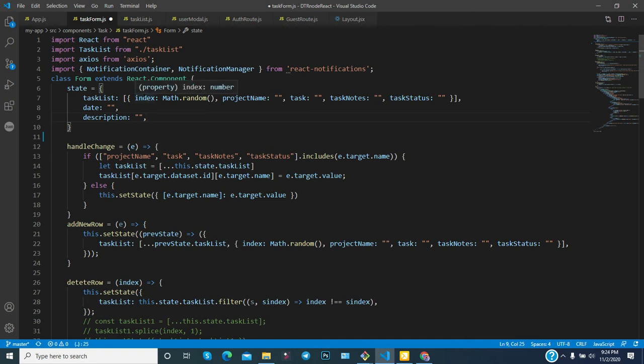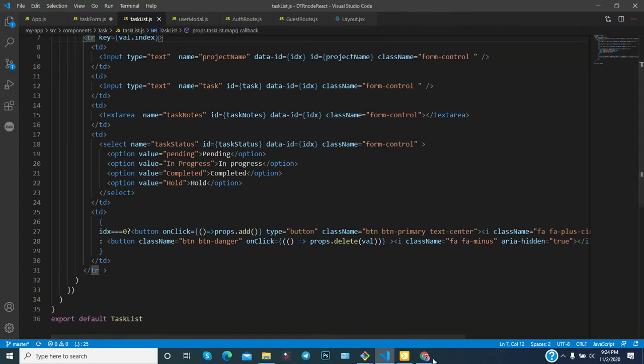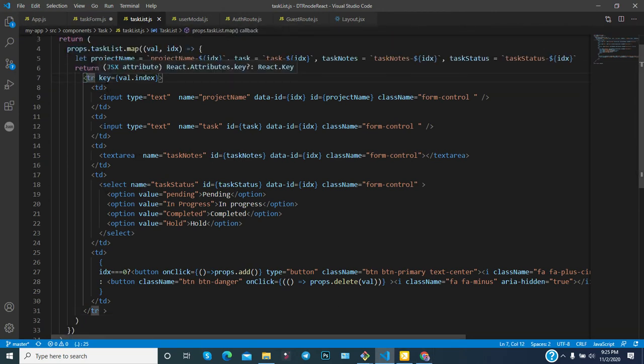So we have created a unique value. It means every array object has one key with a unique value. It is very important. Why? Because there is some problem in React. What is the problem? You can notice that this is a tr. Tr means row, and you have provided a key, and the key has a value and it should be unique. Now if you provide the index of the array here, it is also unique, but again the problem will arise. I will talk about it later on.